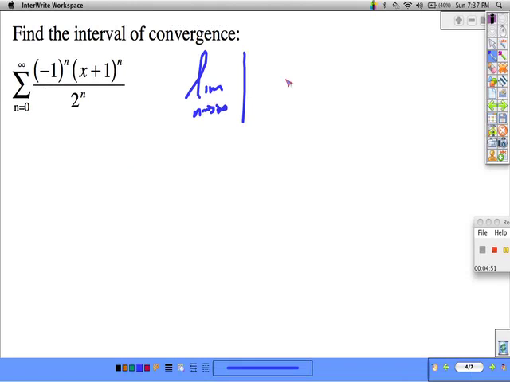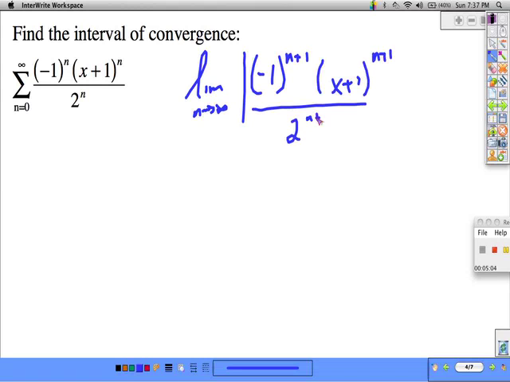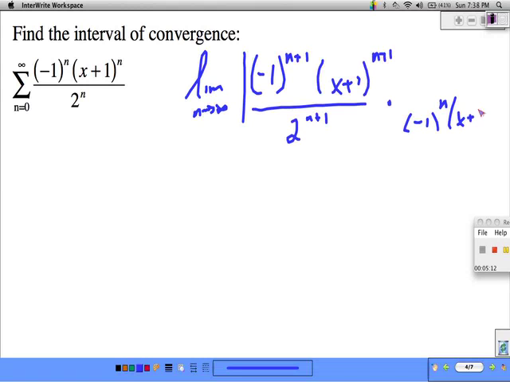And what we're left with is negative 1 to the n plus 1, x plus 1 to the n plus 1 over 2 to the n plus 1 times the reciprocal of the nth term. Simplifying, we end up with